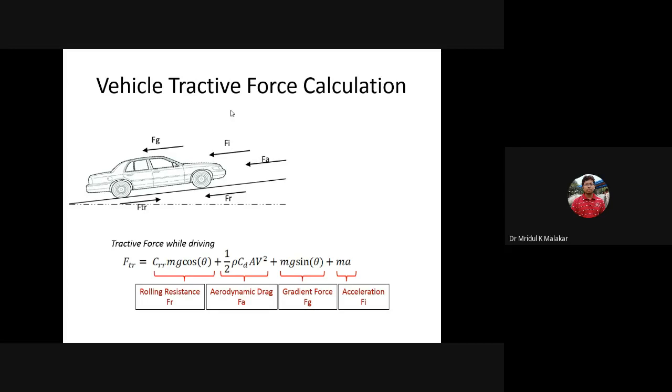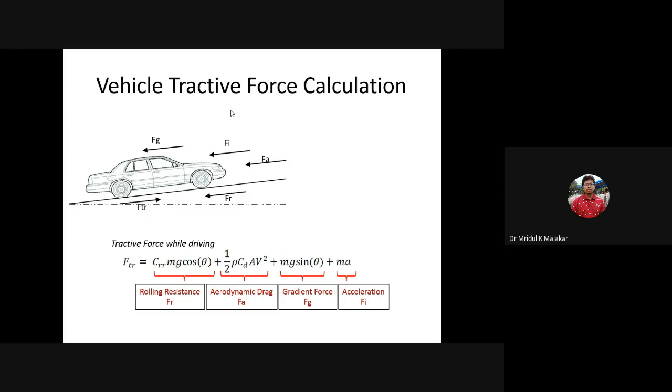All this time, if we observe, just like a Thela, that we just pull or push, that cart, and we try to move it from one point to another point. At that time we apply our own force. We don't know what that force is, but based on experience, we give some force and it will move. But in the case of vehicle design, there is an engine, or maybe a robot,